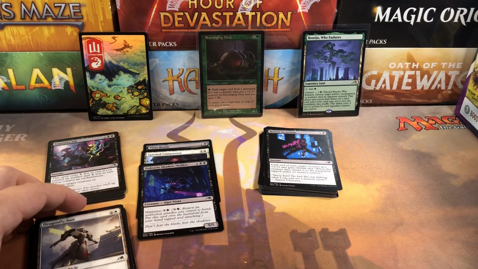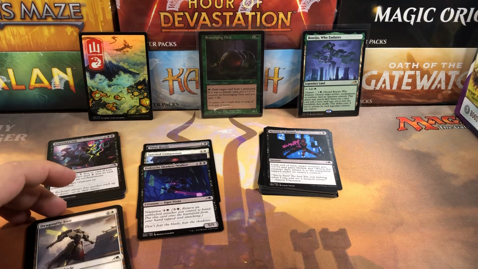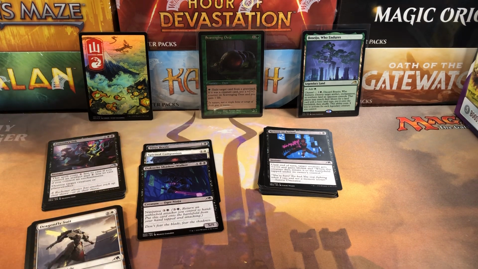I believe I went 2-2 again. It was okay, but I was having some problems with mana, of course, as always. Always having issues with mana for some reason. That seems to be my Achilles heel with drafting. If I get the good mana, I can usually win games really quick, but